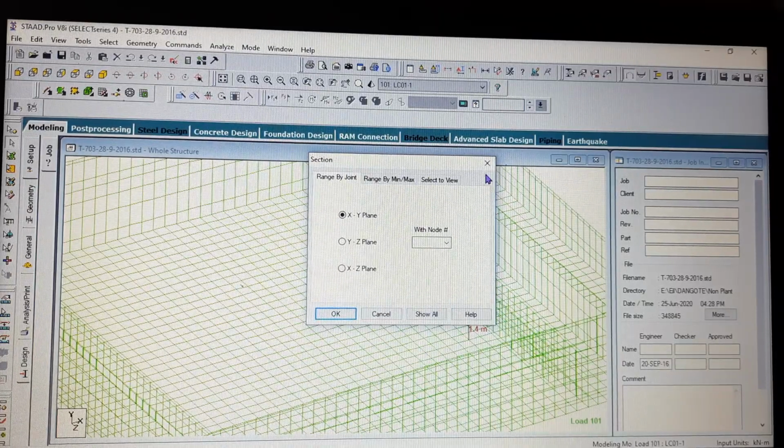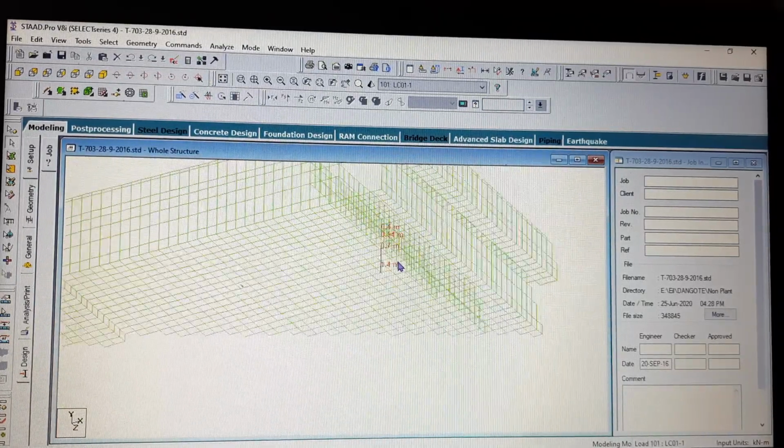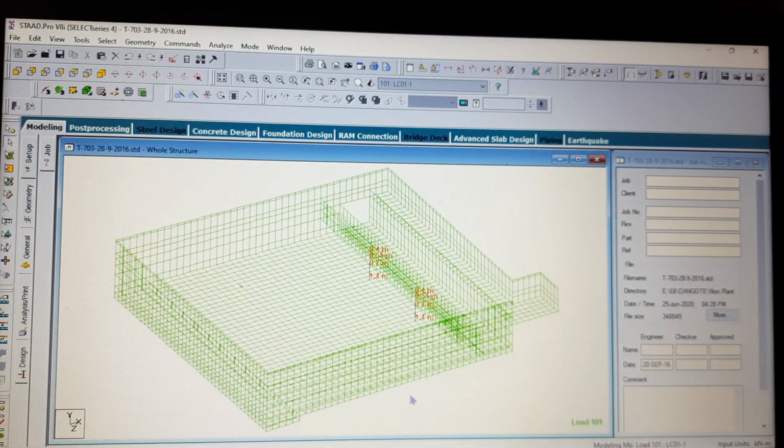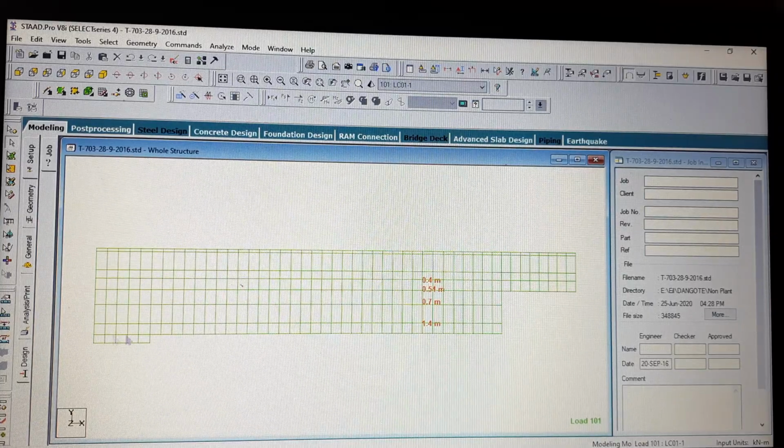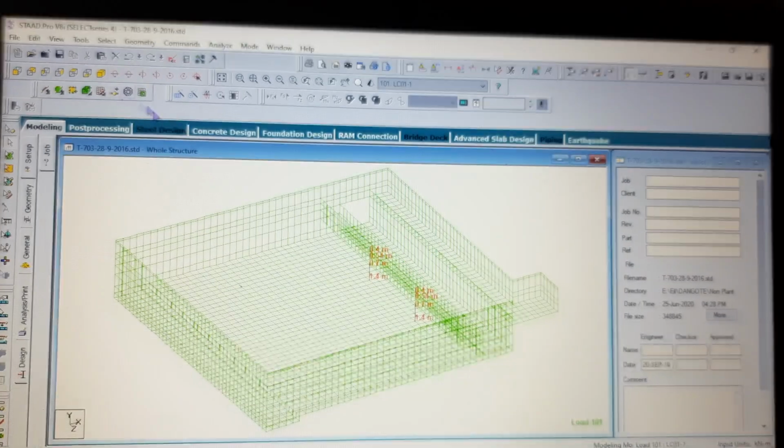Say I want to view the bottom portion of this pit. I am not able to view properly the bottom portion of this beam after modeling. What I want to see is this bottom portion. So through this functionality I can see it here.